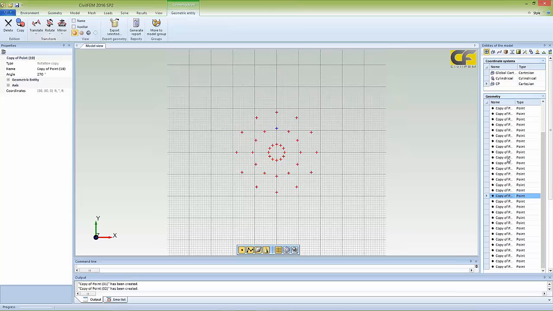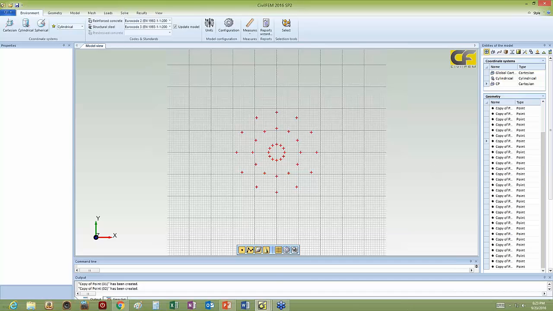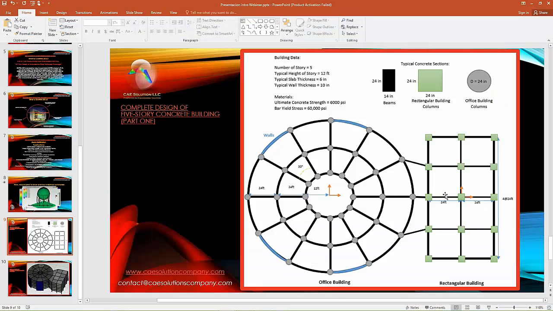The points drawn are shown here on the right, and they turn blue when selected. If you want to see the numbering, we just turn on the name. Now let's draw some points for the rectangular building. We're going to draw these 9 points, and then we're going to mirror them about the